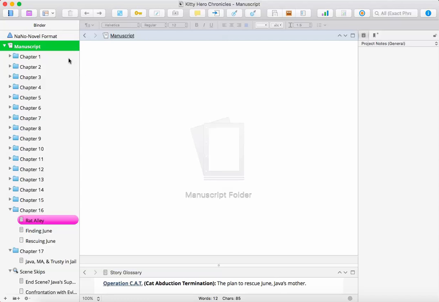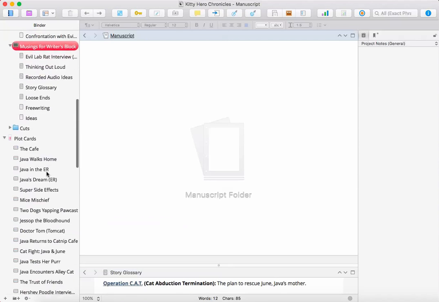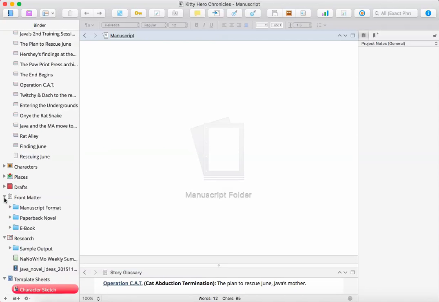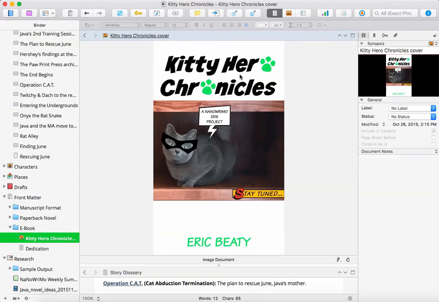Now this is the novel Kitty Hero Chronicles. Let me see if I can. I've got the ebook cover here. I don't know if I do or not. Yes, here is the cover. Okay, Kitty Hero Chronicles. All right. Now, I'm not worried about showing this because I'm making this novel available for free for right now, unedited anyway,